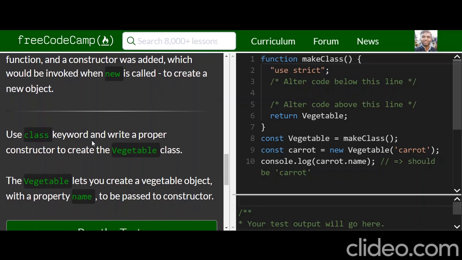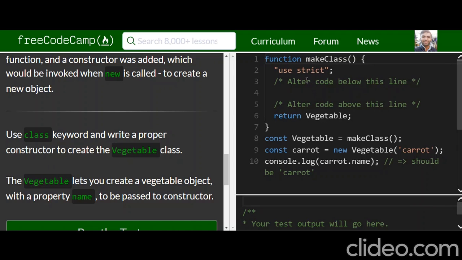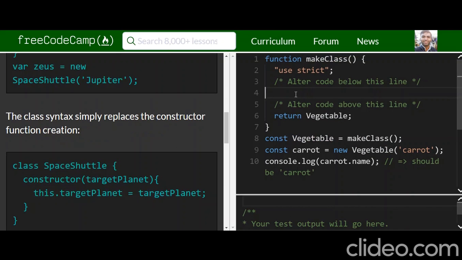so now it says use the class keyword and write a proper constructor to create the vegetable class. Okay, so create the constructor, use a class keyword, and write the proper constructor to create the vegetable class. Make class, give it there, and new vegetable, cool. So now this will be like, right, so